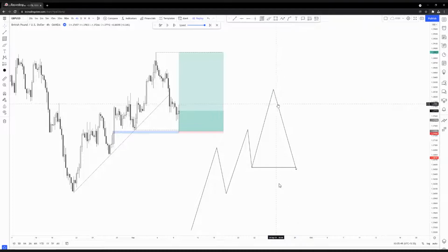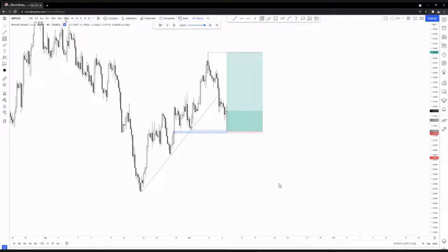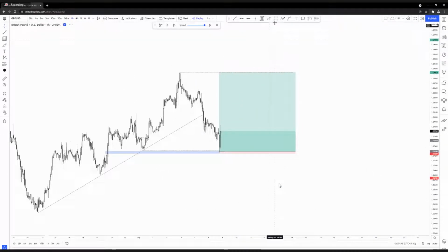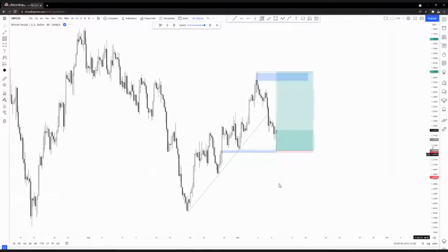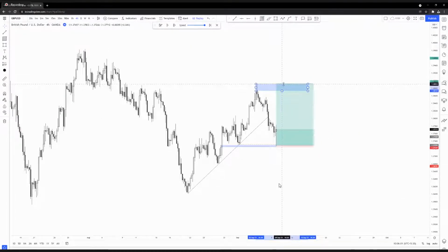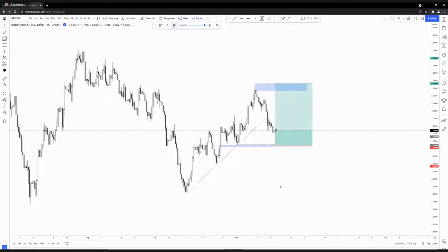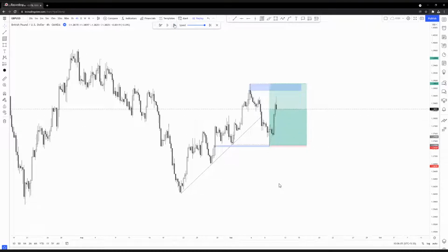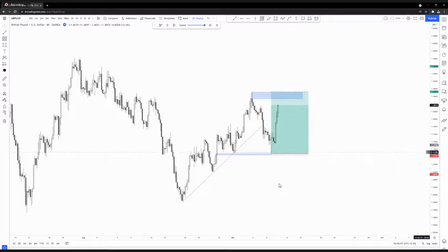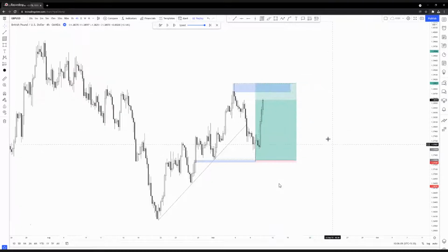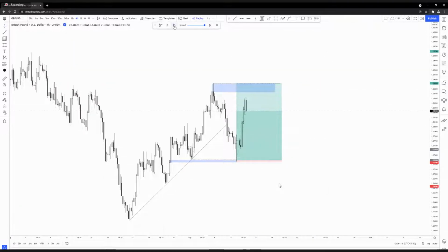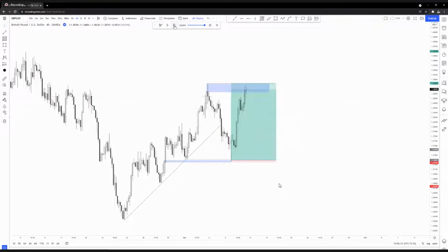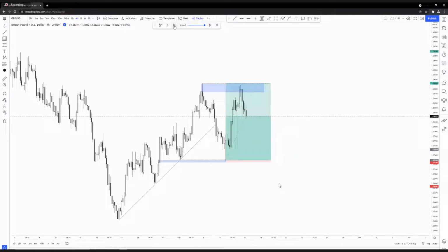So then what they would do is they might look for points of interest from these areas, and they will be looking to sell this thing from these areas. And look at what happened. It started going up. See, this is the reaction you will get. It will shoot up, and when price gets into these areas, look at that. What happened? Look at the drop. Why are they doing that?